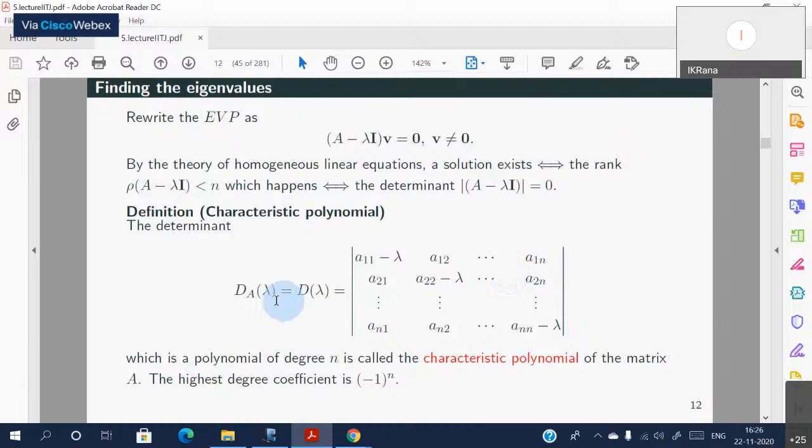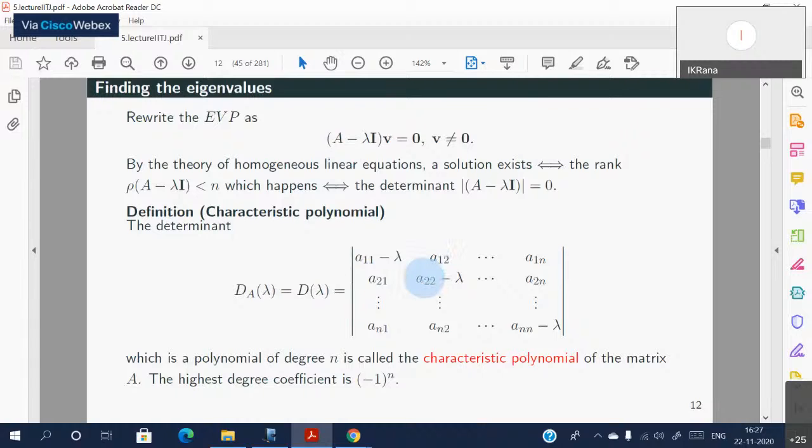You can call it d lambda, or d with suffix A lambda, to indicate it is for the matrix A. This is called the determinant of A minus lambda I. Lambda will be a parameter which we don't know actually, so it will be a polynomial in lambda. This is also called the characteristic polynomial for the matrix A. So for a given matrix A, its characteristic polynomial is the determinant of A minus lambda I,